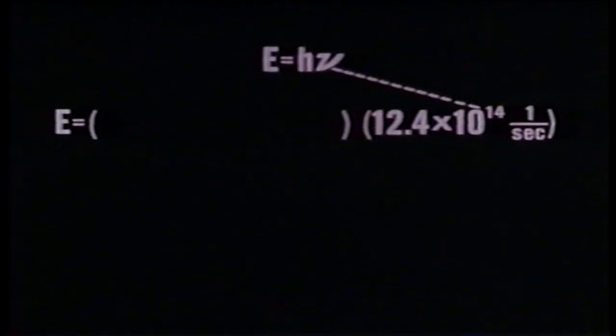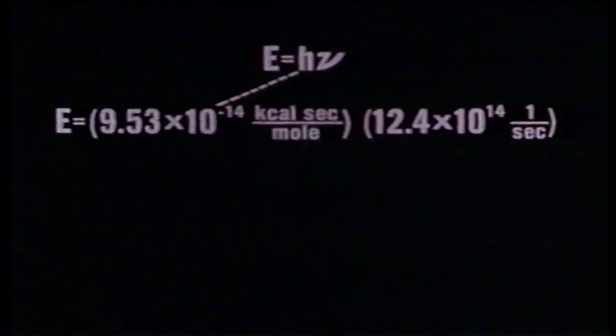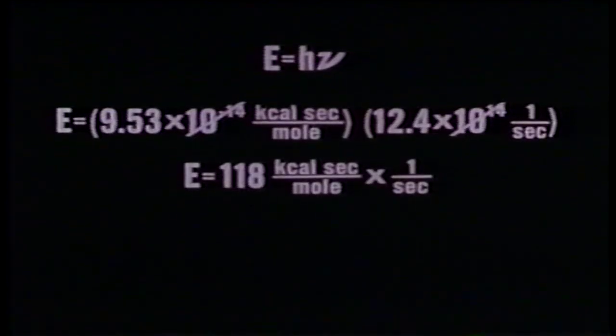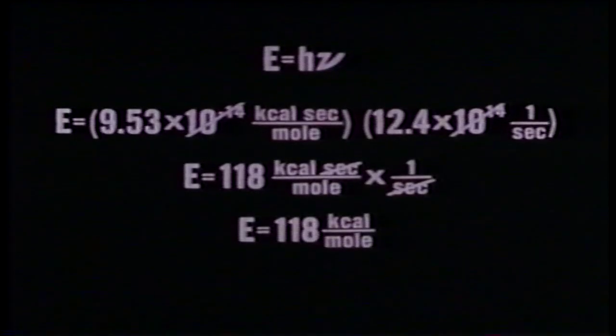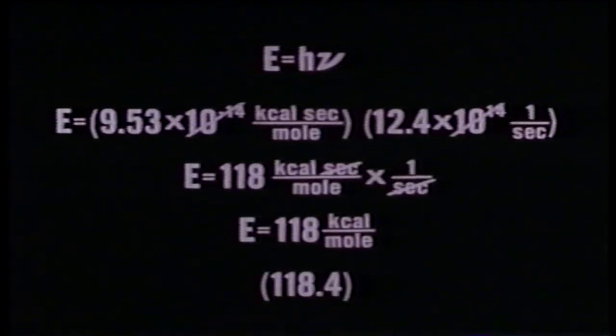We use this equation to calculate the ionization energy of sodium. We have determined that nu equals 12.4 times 10 to the 14th cycles per second in this equation. Now, multiplying by the conversion factor h, 9.53 times 10 to the minus 14 kilocalorie seconds per mole, we find that the ionization energy of sodium is 118 kilocalories per mole. Considering the simple apparatus used, this value compares well with the accepted value of 118.4 kilocalories per mole,